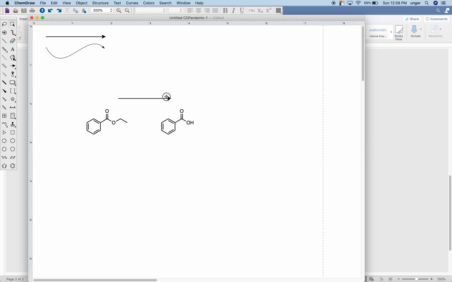Alternatively, we can decrease the size of this arrow, highlight it, and then drag it down in between those two molecules, right? And then for the reagents, hydrogen chloride, HCl, and then